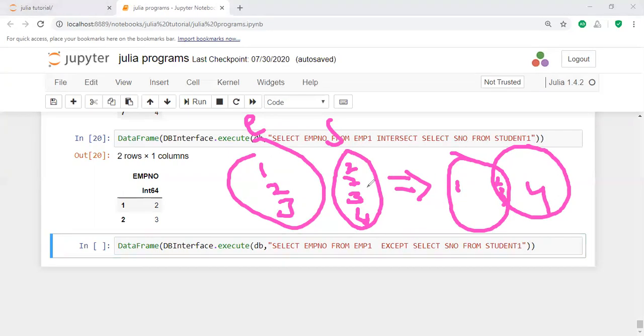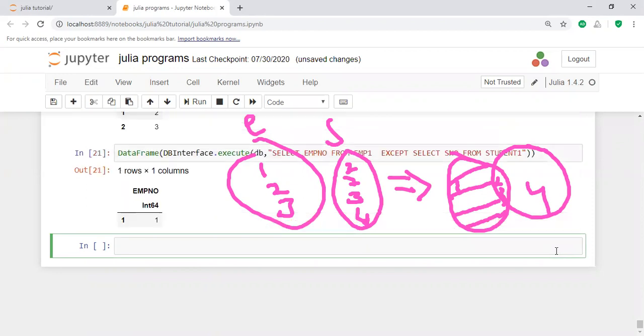Let us take what this function does. This function is used for indicating the except value. Except means it displays all the values in a. That means it displays all the values in a. If a value matches with a b value, it does not display it, only a values. That means it cannot display the common values in both tables. That's the thing here. Let us execute this one.